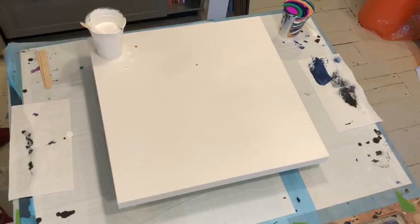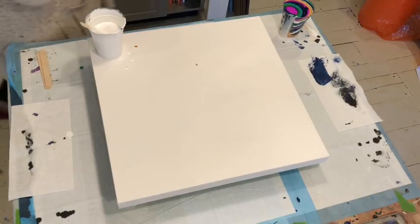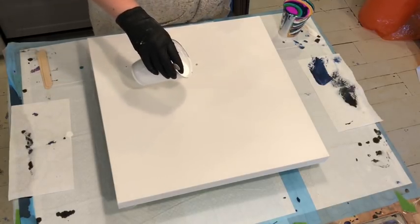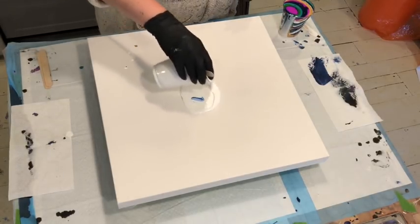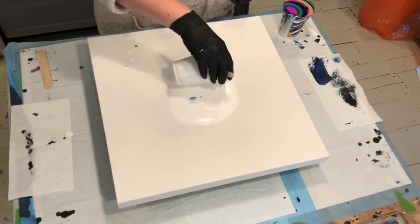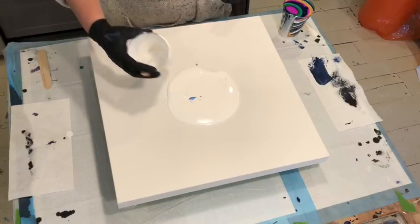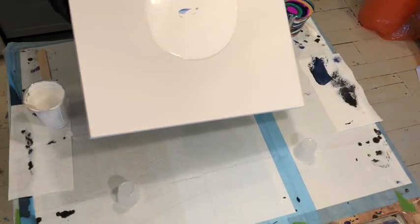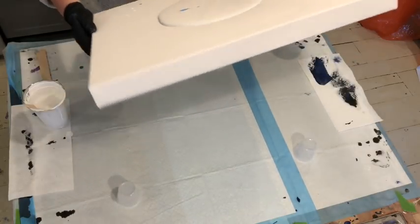What I'll do is link the video in the video description so you can go back and see how I did that. All of the information with the amounts of mix ratios, etc., are all the same and are in that video. So I'm just going to start with that because I didn't really make that very puddle-like. It was more of a